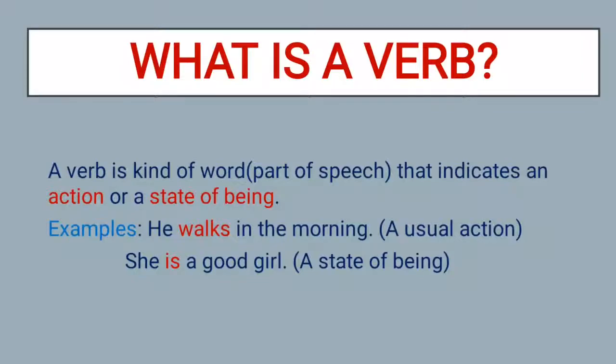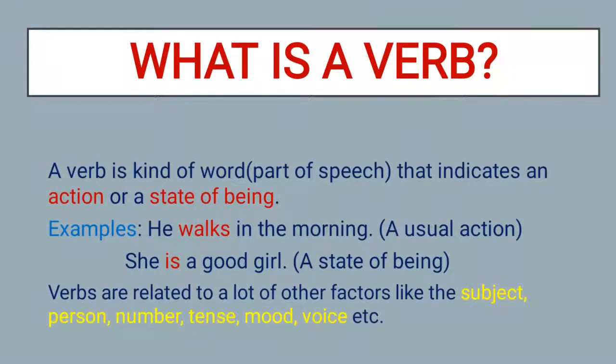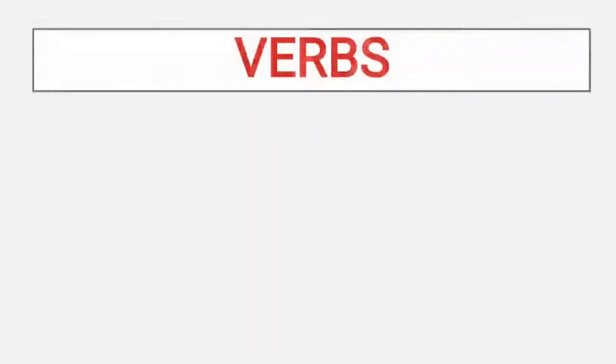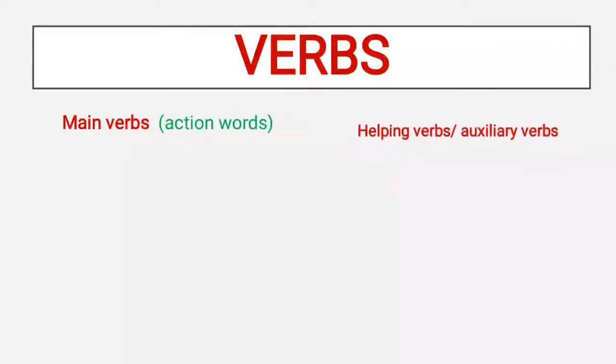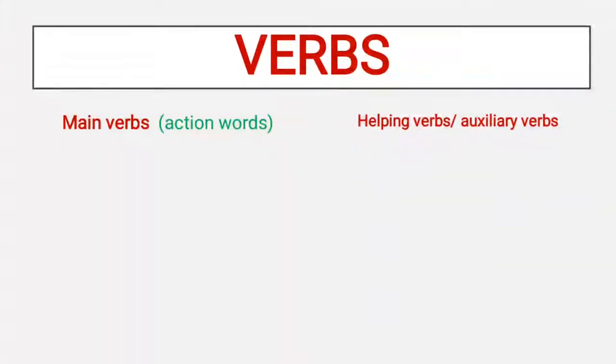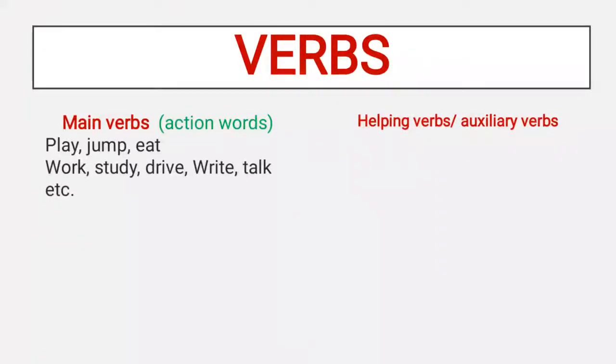When we use verbs in sentences, we need to be particular as they are related to a lot of other factors like the subject, person, number, tense, mood, voice, etc. And on the basis of this, we can divide verbs into main verbs and helping verbs. Now, main verbs are also called action words because they describe an action like play, jump, eat, work, study, drive,